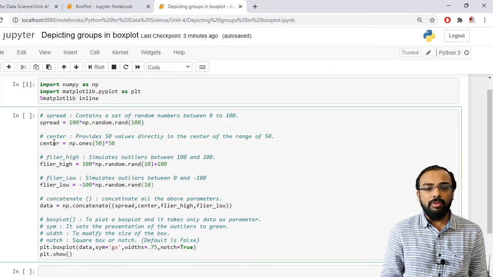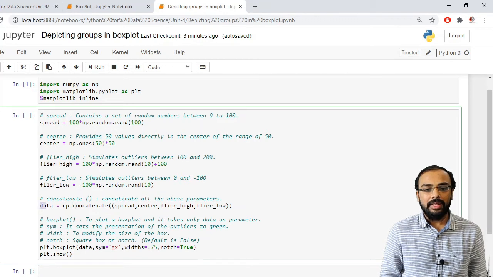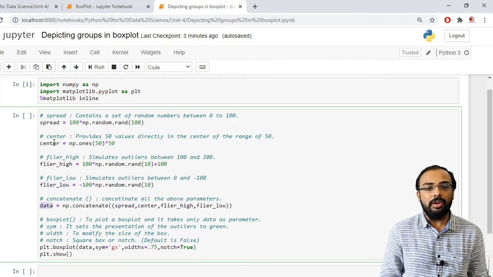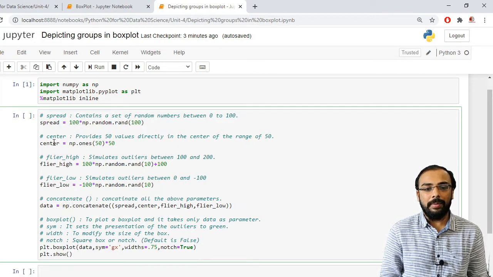Now what we need to do is concatenate all these above parameters into a single variable. So let me consider this as a variable which is named data. Now how can we concatenate it? Again the NumPy library provides us a method which is known as concatenate.